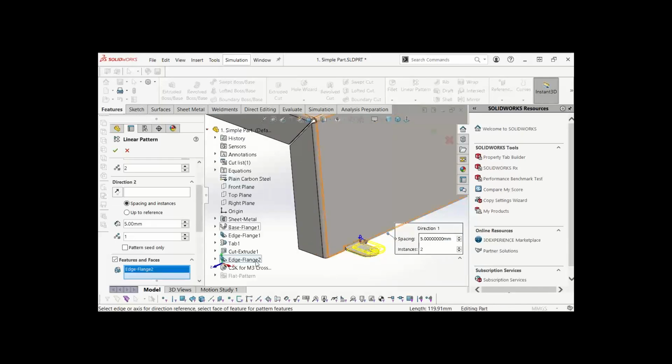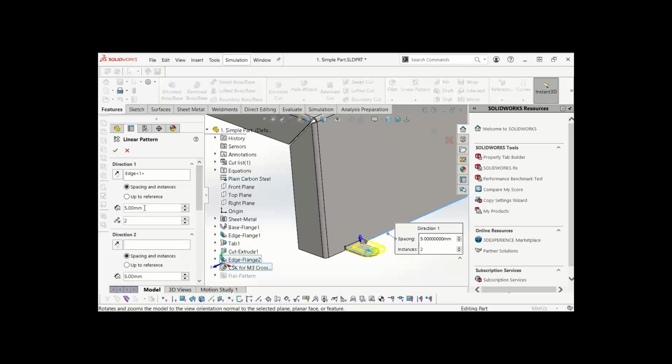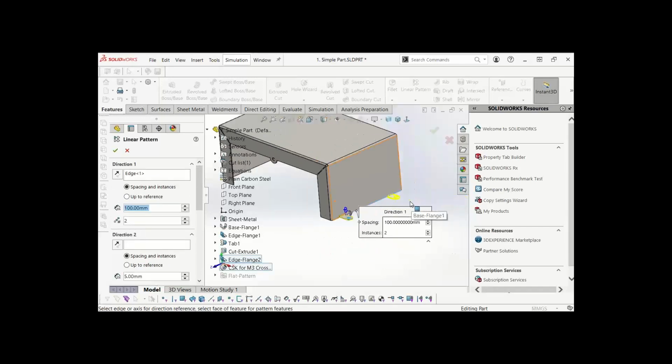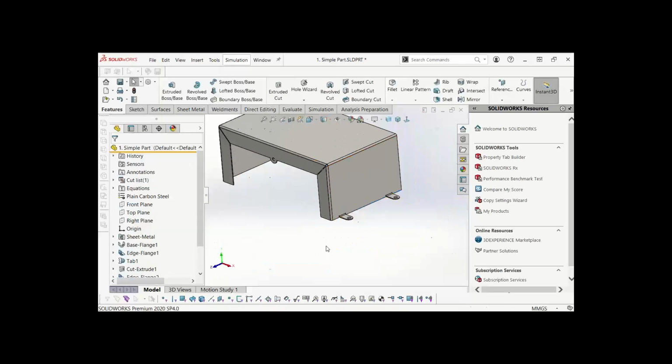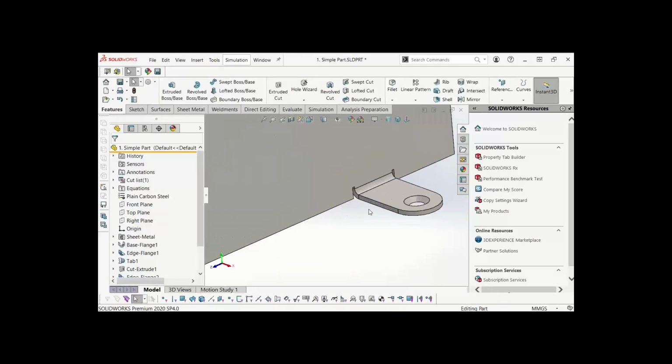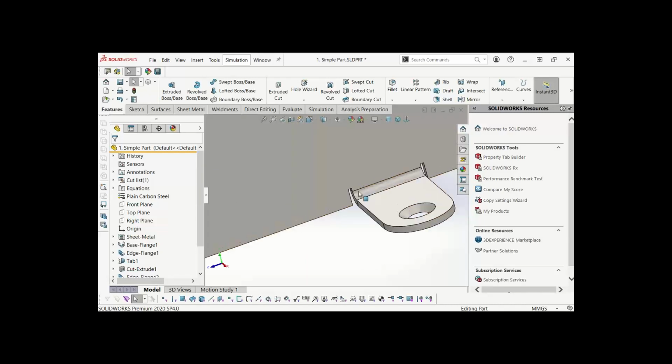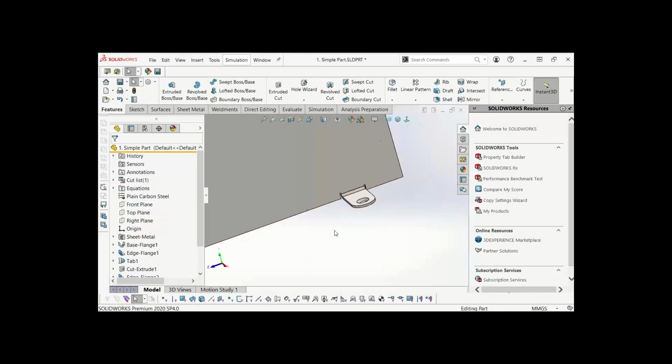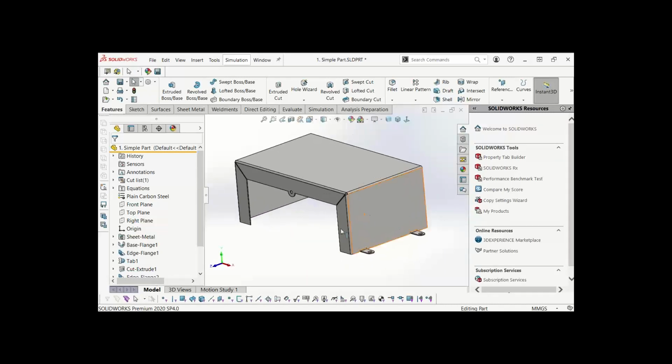You can select it from the tree. In this case, I'm going to select the edge flange and the countersink hole. And then I can give a distance of around, say, 100. And you see the same feature of sheet metal, with the reliefs and with the edge flange, being applied with the linear pattern